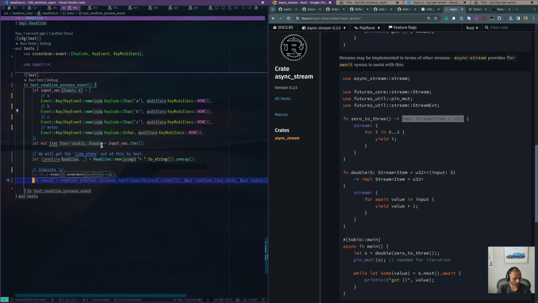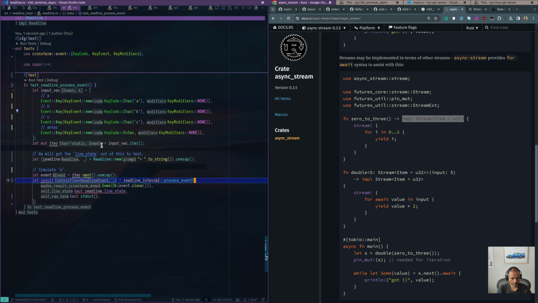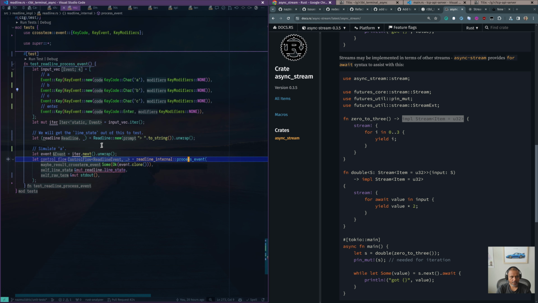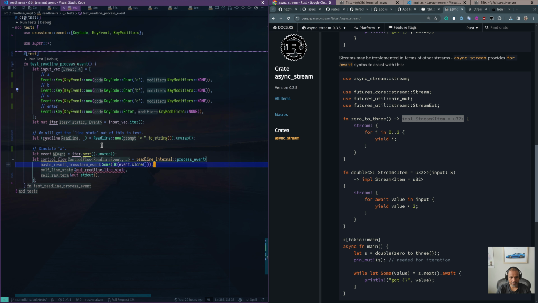So then we're going to call, okay, this one, I'm just going to take its, this is control flow. That's going to come back. Actually, you can just say control flow, and then it takes a maybe. Okay, so it takes a, oh, it did that right. Wow, option result event, cool. So basically we take the event, clone it, because this is a reference, and then wrap it and all those things. And